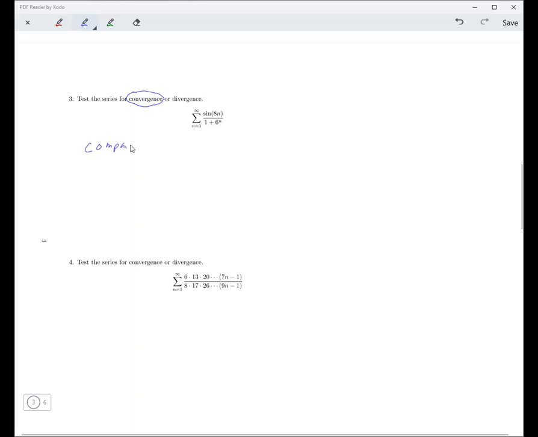Now I said that for comparison you have to have all the terms positive, and this has negative terms for some values of n. This is negative. But if you go for absolute convergence, the numerator is always less than or equal to 1 in absolute value, and this is greater than 6 to the n. Okay, and then this one right here